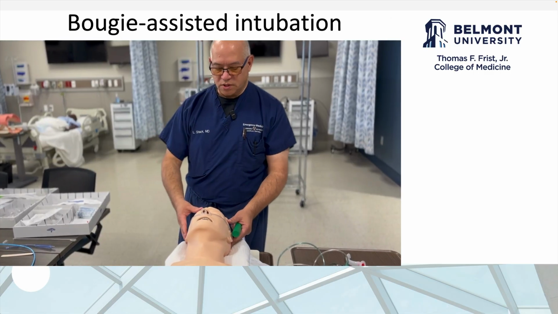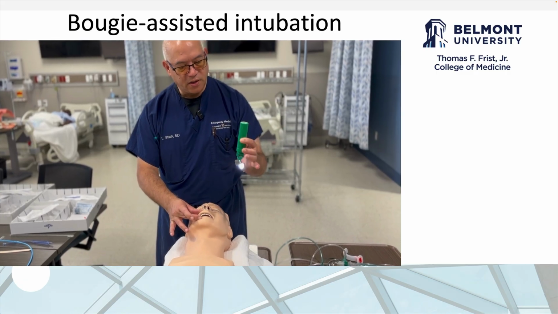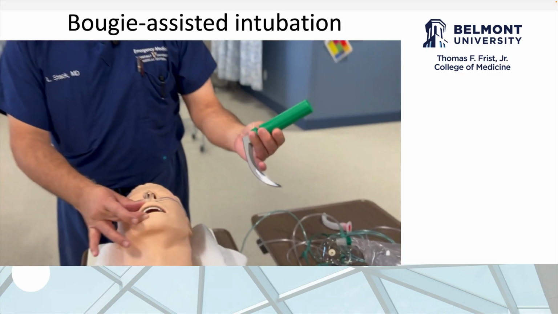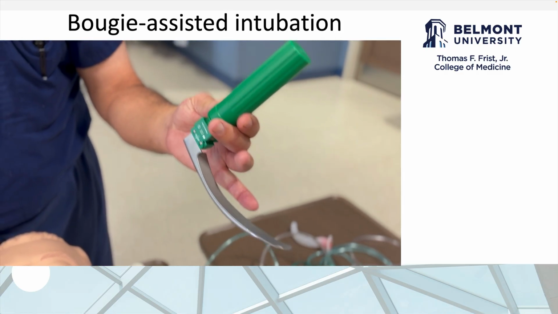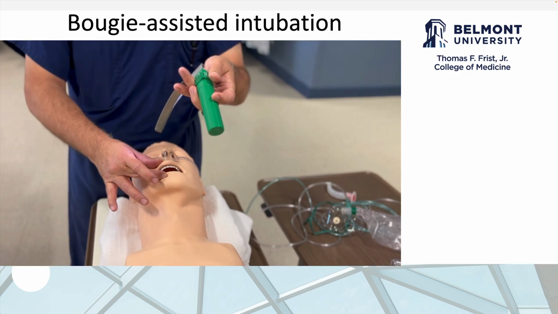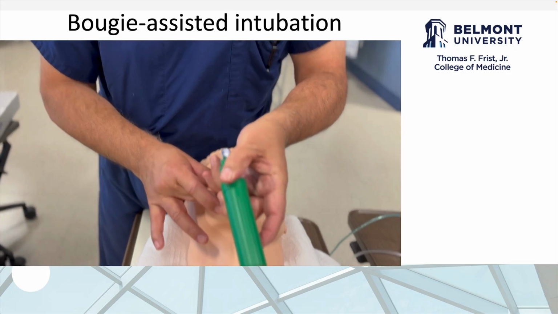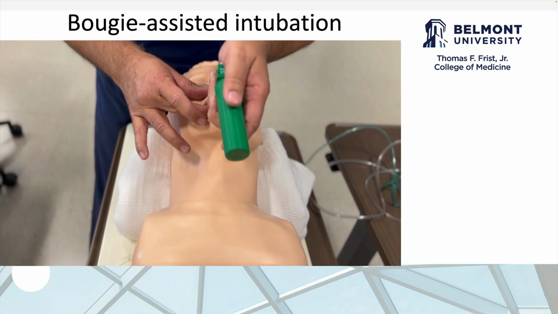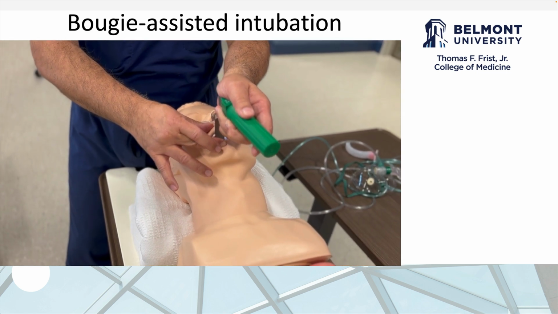So we're going to be using the clean finger open mouth technique. I'm going to go ahead and take the handle and blade. I'm going to hold it with these 3 fingers, because what I want to do is going to be predominantly a feel. I'm going to go ahead and introduce the blade into the right side of the patient's mouth and slowly sweep the tongue from right to left. At this point, I'm going to slowly scoop in small scooping manners, where I'm going to hopefully see the